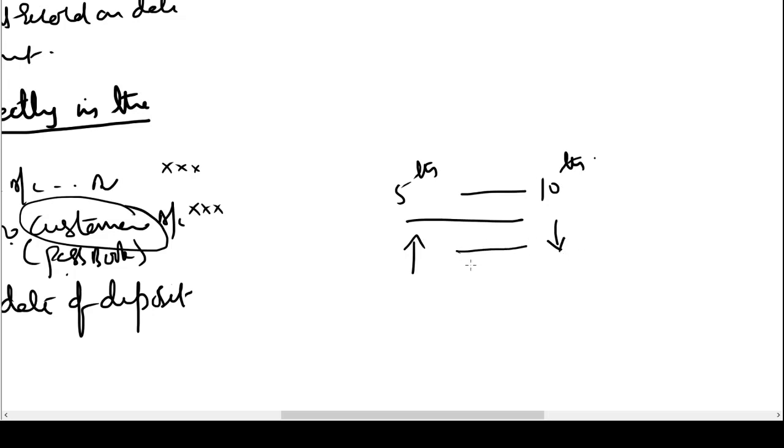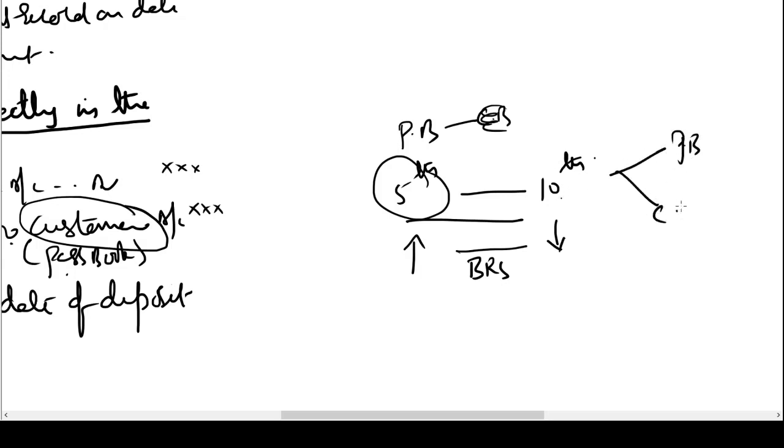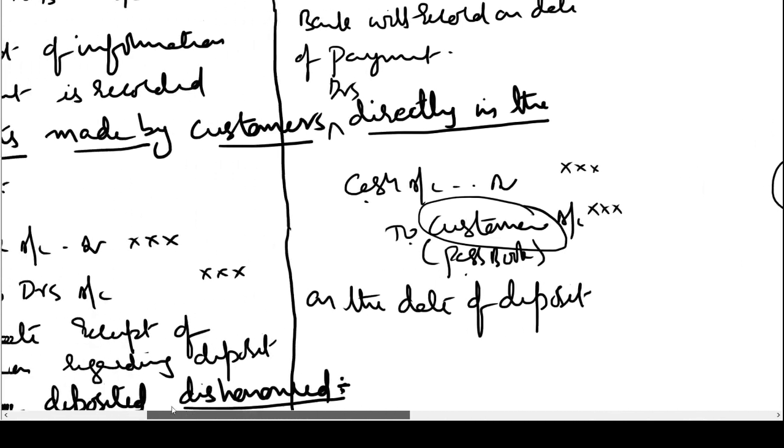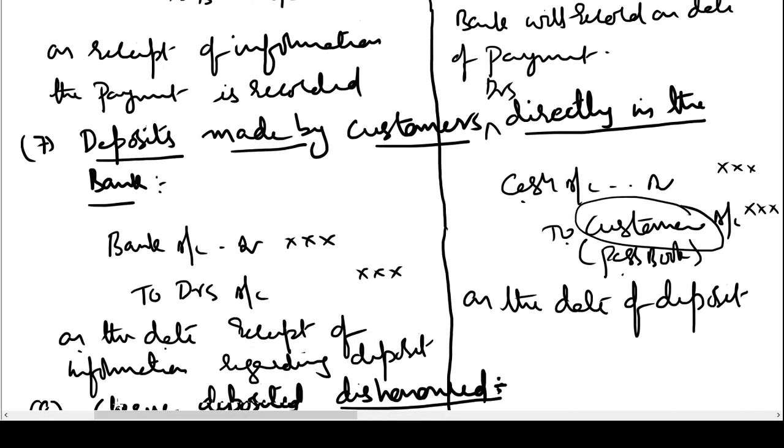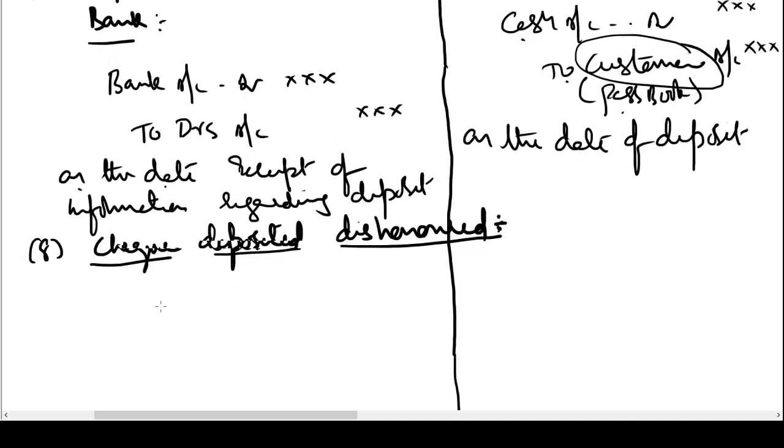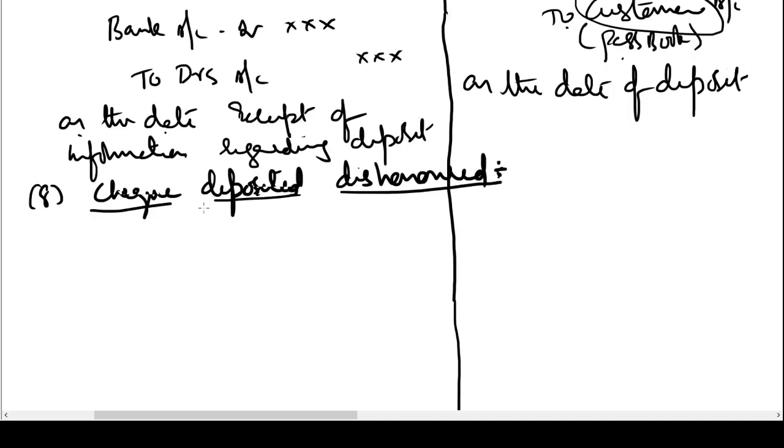So this difference is explained by preparing a statement called the bank reconciliation statement. So the balance in the passbook on 5th and the balance as per the cash book on 5th will not be same, but on 10th there will be an entry in the passbook and there will be an entry in the cash book. Both the books will become equal on that day, but in this interval of 5th to 10th there can be a difference. If somebody wants you to explain why the difference arises, we have to explain it through a statement called the bank reconciliation statement. Next, checks deposited dishonored.